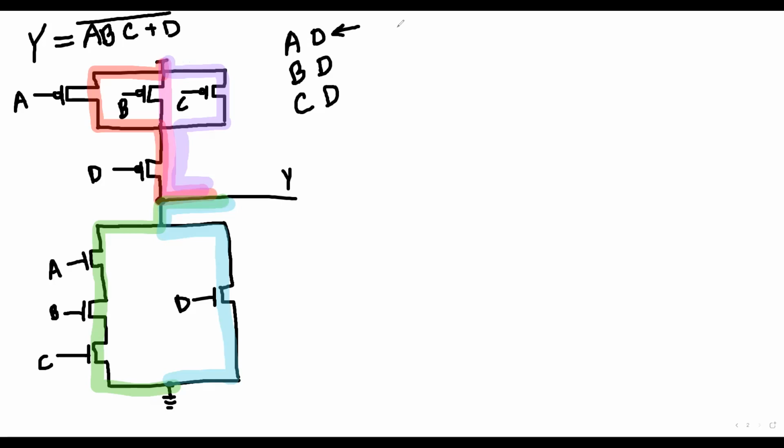So you can do the calculation separately, or you can do one calculation and you can assume all of them are same, right? So what I can do, I'm going to do the calculation. 1 divided by beta P reference is equal to 1 divided by beta P for A. So this one will be what? 1 divided by W by L. This is for P MOSFET. And this is for reference.